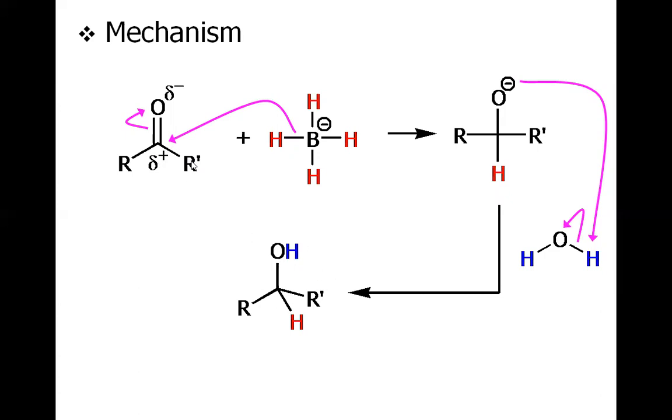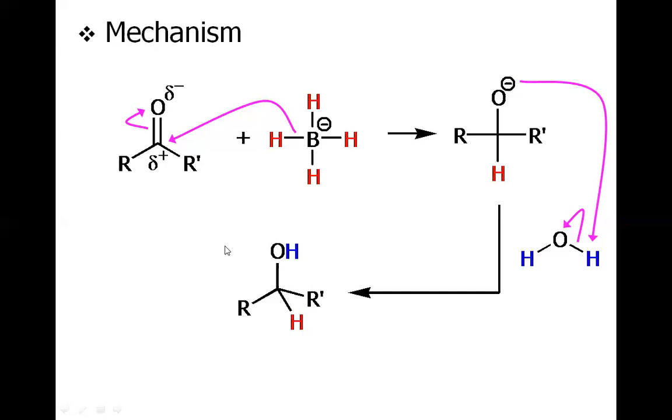If we have one hydrogen here, for example, this R prime is H, so we will have R, H, H, and then OH, so a primary alcohol. So this substrate dictates the formation of the alcohol, whether it's primary or secondary in nature. And if it were lithium aluminum hydride, the mechanism would be the same, the delivery of hydride from here, like in the case of borohydride, and the same process goes on to give the desired product.